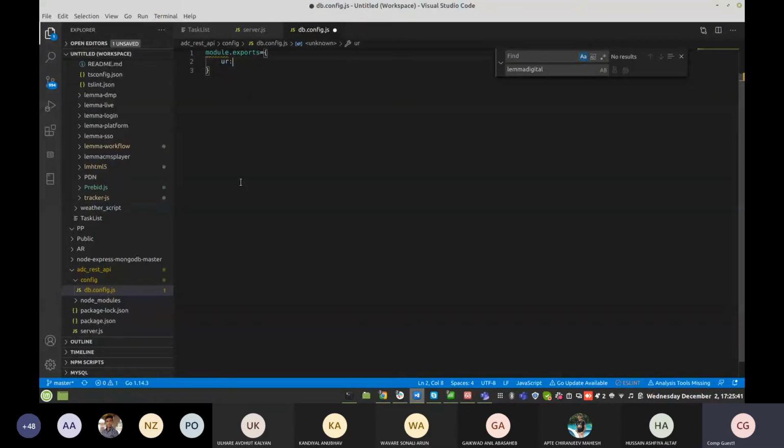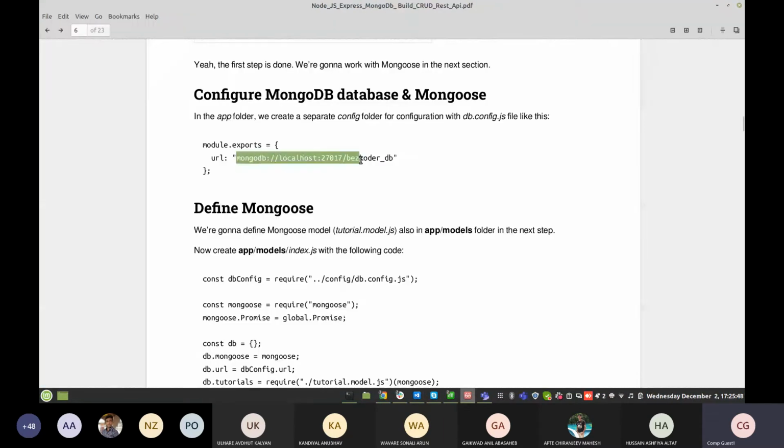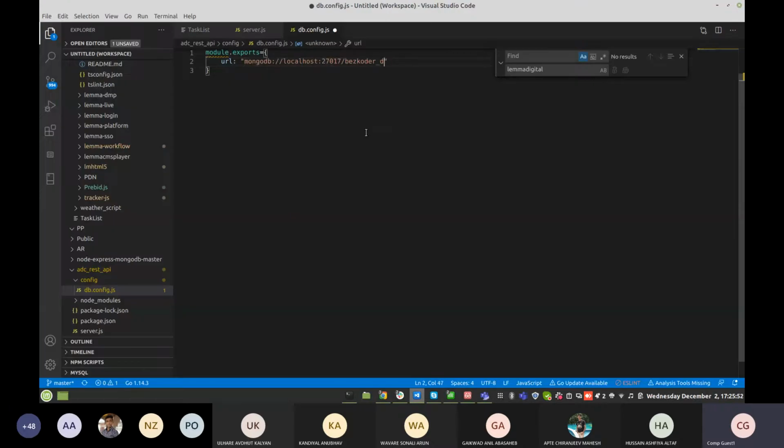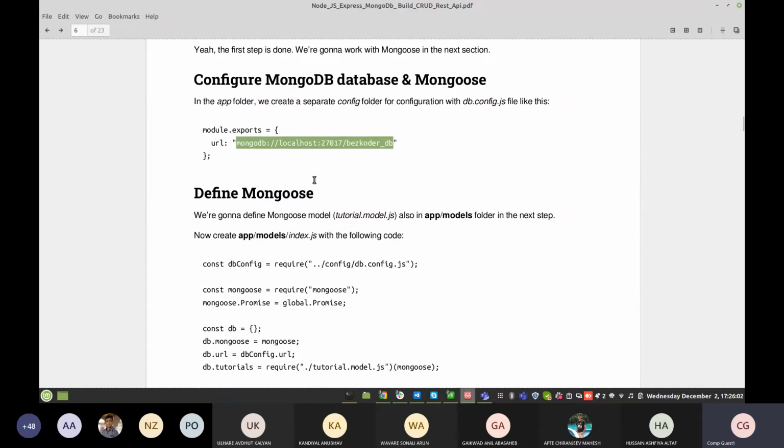You can specify the URL in double quotes, with the adapter and the database name. I'll copy this, and I just need to change the database to ADC. Now my configuration is ready.